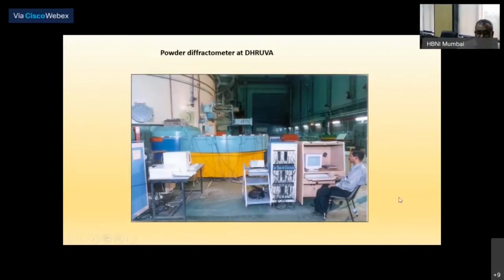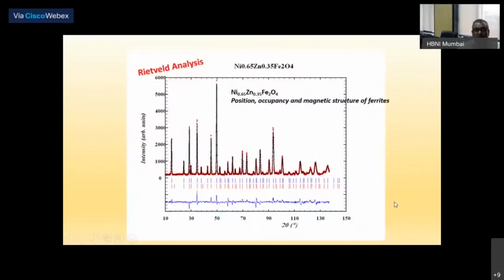And the data typically looks like this. You can see this is powder scattering data from a powder sample from the Dhruva neutron source. So now this is neutron data. Many of you are familiar with X-ray data, and this is neutron data which has gone through Rietveld refinement. Now, some of you may be familiar with Rietveld refinement, some of you are not. I tell you that Rietveld refinement is a technique.